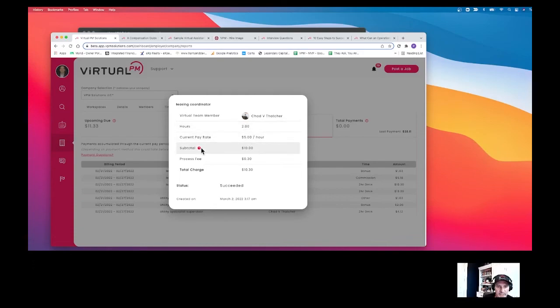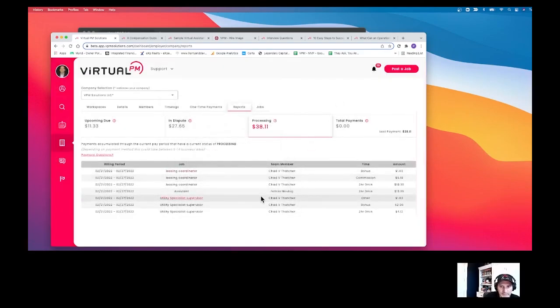If this does not equal, well, the chances are that you changed your hourly rate. So this is the current pay rate, but maybe the first hour was at $3 and the second hour was at $5. So even though this says 2 and 5 equal 10, well, if the first hour was at $3, this would equal $8. And so that's why we put this little subtotal and this little pop up here